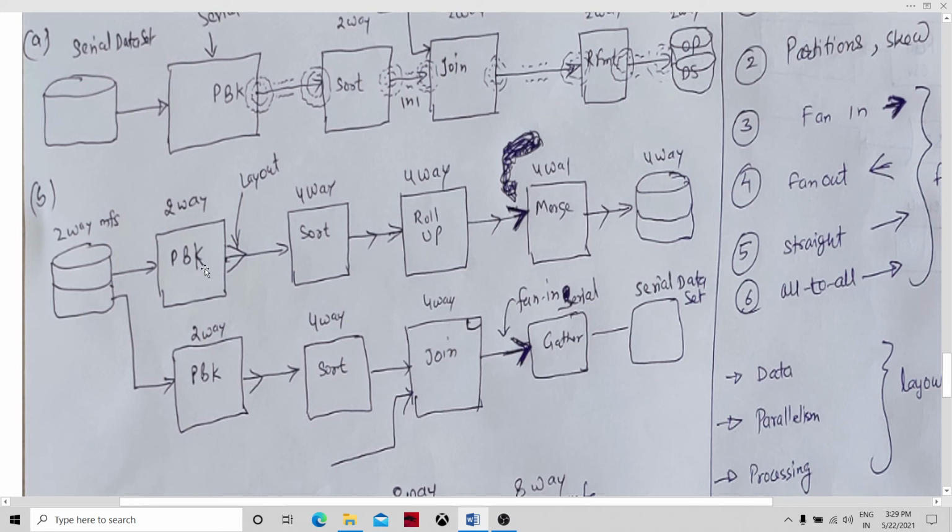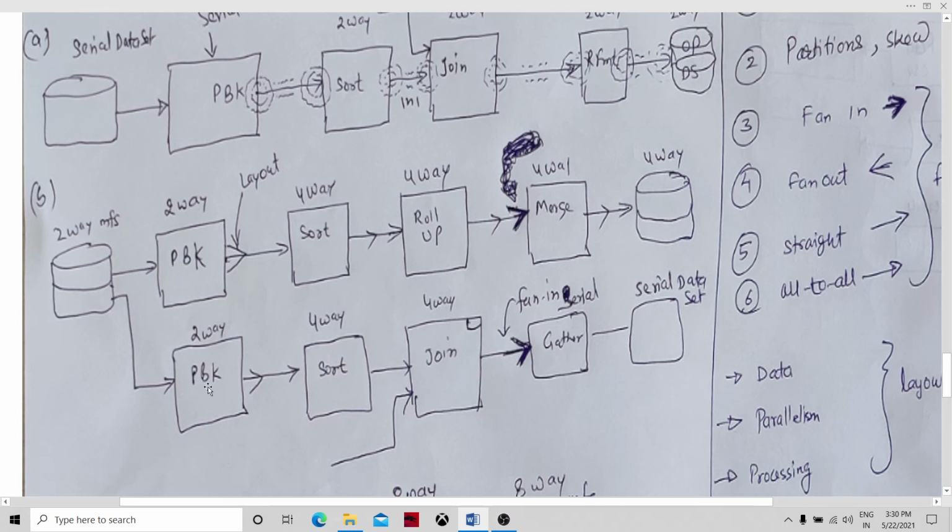First is the partition by key component, and then I'm making the data go from two-way to four-way, and there is a roll-up running on four-way. When I say roll-up running on four-way, the layout of the roll-up component is four-way, and four copies are running in parallel. Then a merge, and then there is an output data set as four-way.